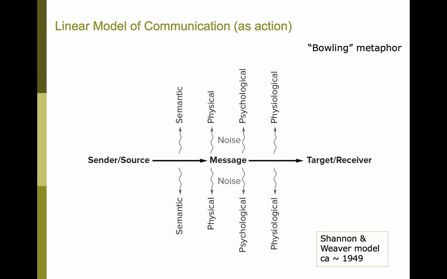It can be semantic obstacles, things that maybe because of the language that we're using create what we call noise. Or maybe there's a physical obstacle. There can be psychological noise. This happens to us all the time, right? You're sitting in class, you've got a lesson you're supposed to be paying attention to, but you're tuning out because you've got something going on in your mind. There's things you're thinking about, psychological noise. Or it could be physiological noise. I had knee surgery recently, and as that knee is healing, there's a certain amount of pain or discomfort, and that physiological noise can distract me from communication in one way or another.